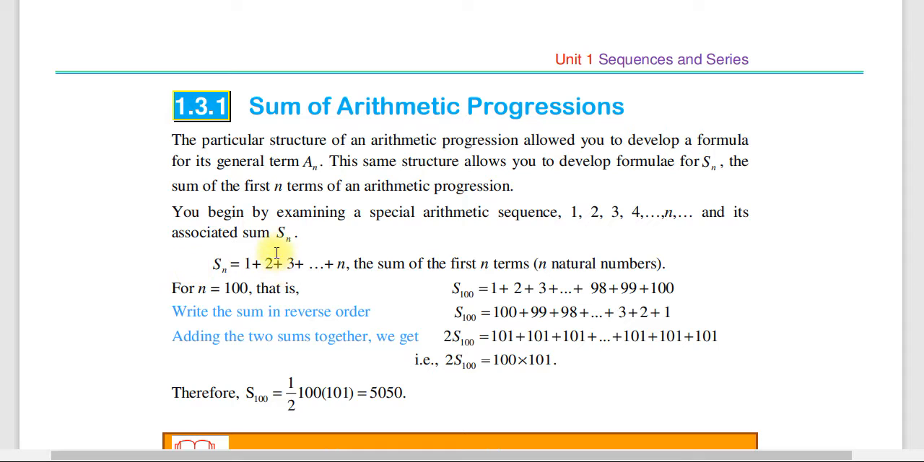So Sn is equal to 1 plus 2 plus 3 plus up to n ድረስ ቢሆን, the sum of the first n terms ያ ማለት the sum of n natural numbers ማለት ነው። ይሄ for n is equal to 100, that is ለምሳሌ ናቹራል ነምበሮች 100 ቢሆኑና የ100 ናቹራል ነምበሮችን ድምር ፈልጉ ብንባል s100 እንዴት ነው የሚፈለገው? s100 is equals to 1 plus 2 plus 3 ብለን 98 plus 99 plus 100 ብለን እናስቀምጣለን።